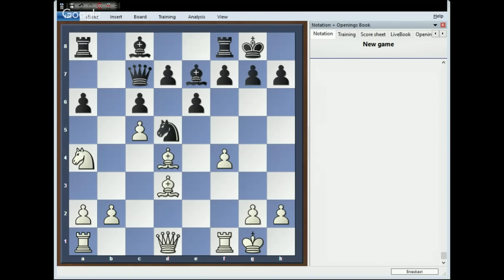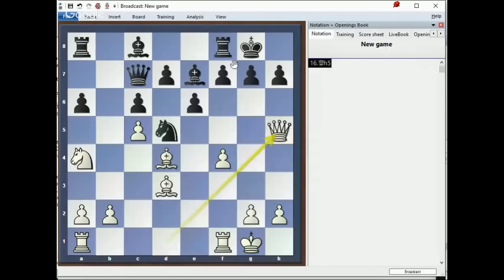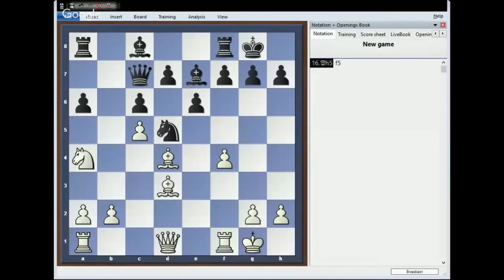One of you said Queen h5 or Bishop e5. Let's comment on those moves. Queen h5 here isn't bad, but it's not going to work because Black would just play f5. You see, it's a good candidate. As I said before, you want to create pressure and make him worry and fear and trouble himself. That's not bad. But I didn't feel like this was going to really help me all that much.